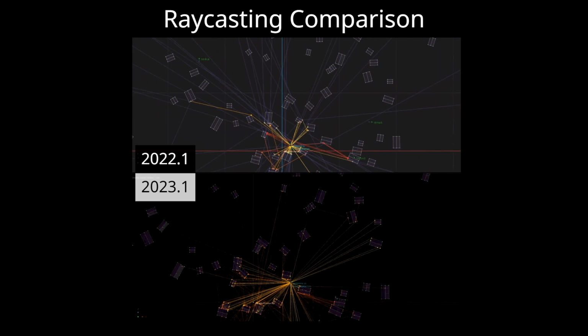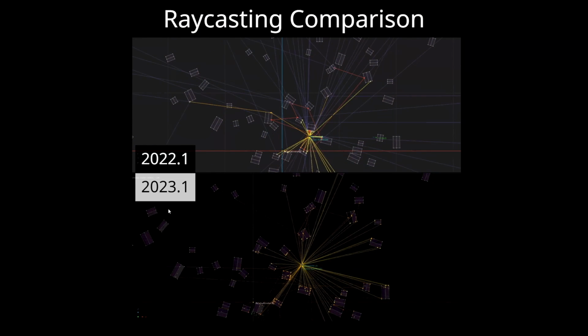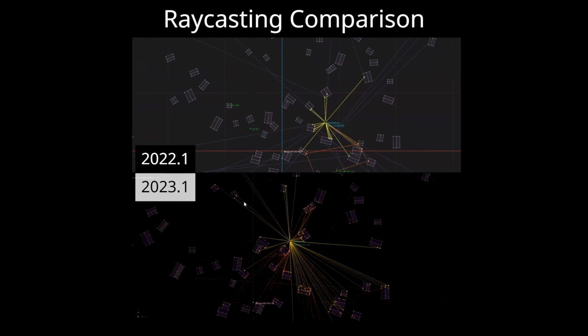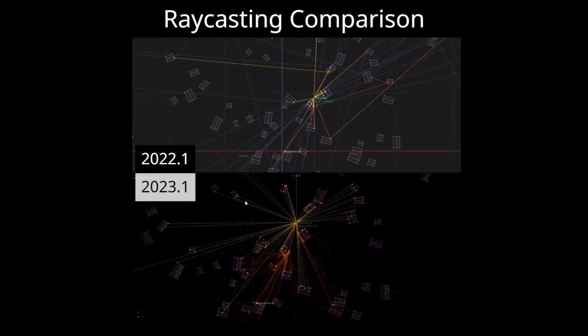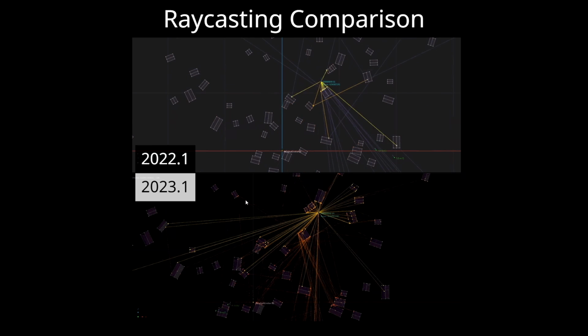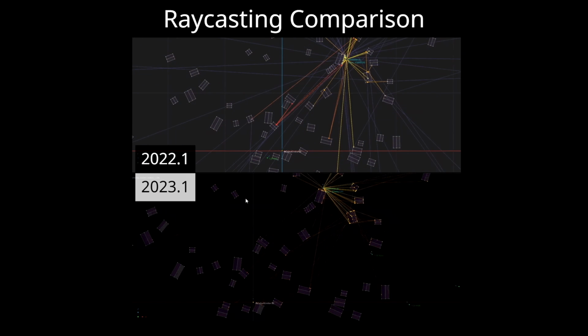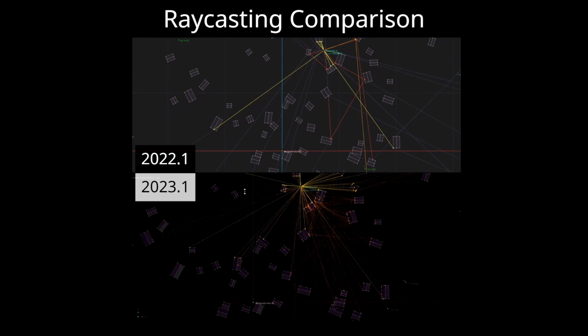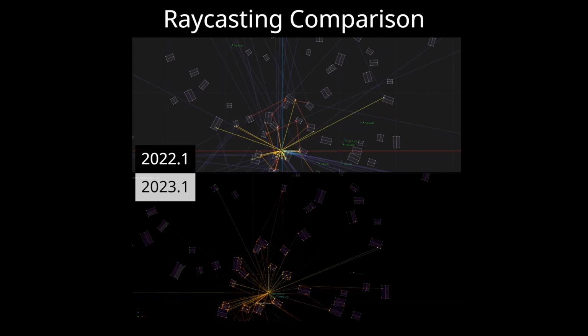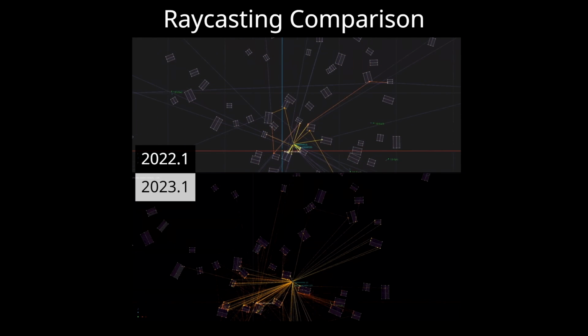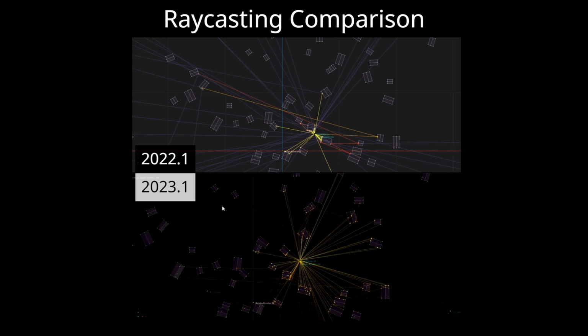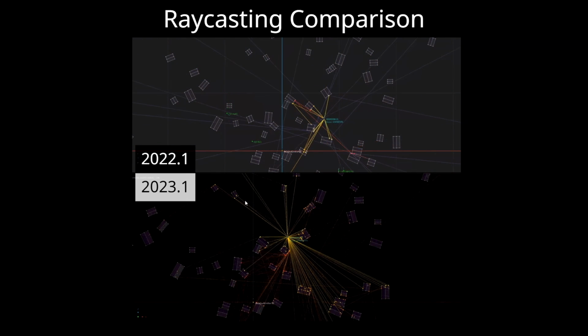The way Wwise gets this information about the environment, continuing on that environmental acoustic side, we're always improving it. And so in this example, we're looking at the improvement in raycasting that we've done between Wwise 2022 and Wwise 2023.1.